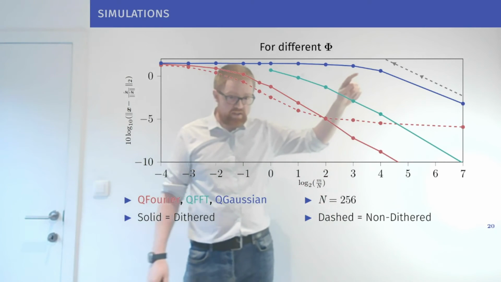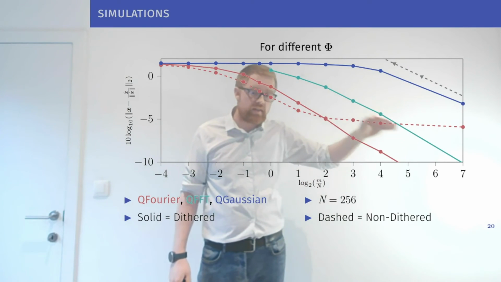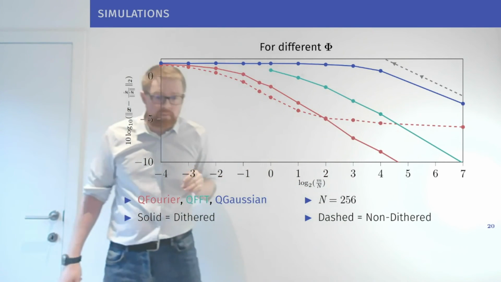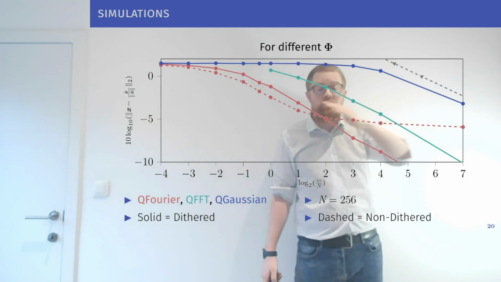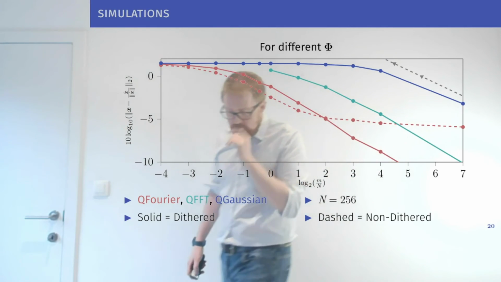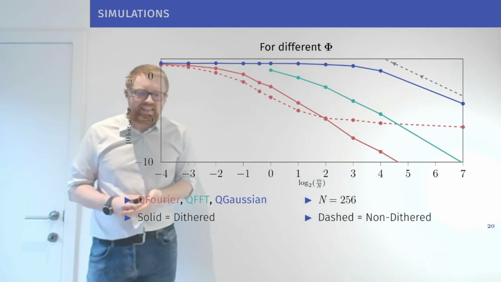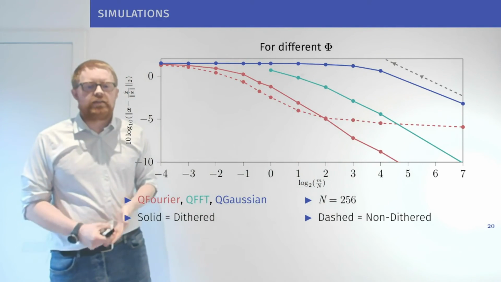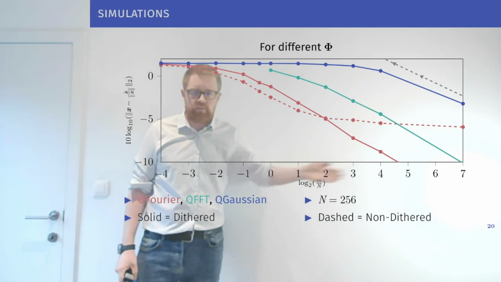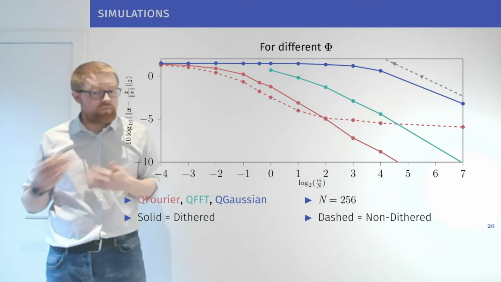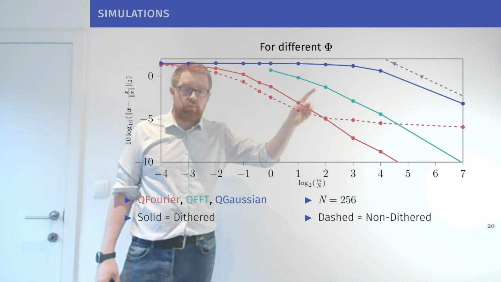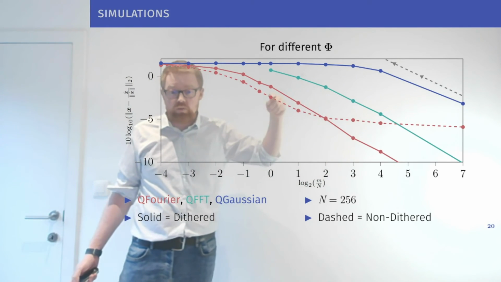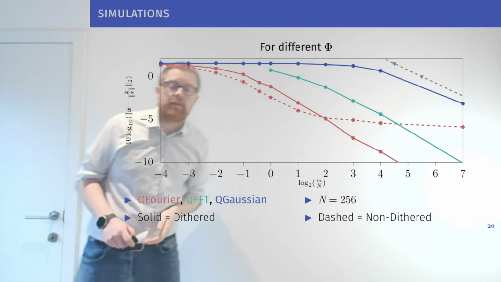Again, we see the same type of behavior, so it decreases as 1 over square root of m. But interestingly, you see that you also need more measurements for it to work. But this graph, in a sense, is a bit unfair because we're comparing in terms of number of measurements, not complexity. So if we were to change this axis, this curve, because it has a lower complexity than this one, might be much more appealing.